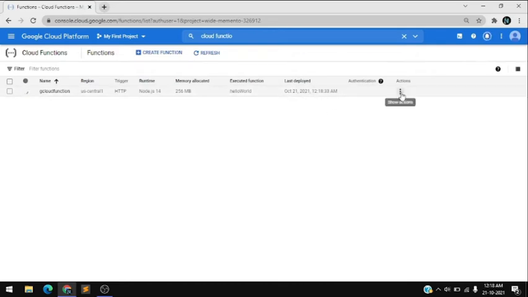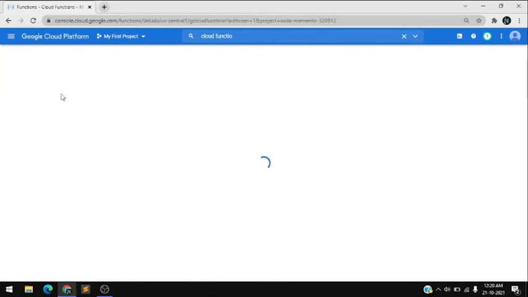And here you can see actions, copy function or view logs, etc. It takes a few minutes to create a gcloud function, so just wait. So now the function is created. So click on the gcloud function and see the details and features of the function.